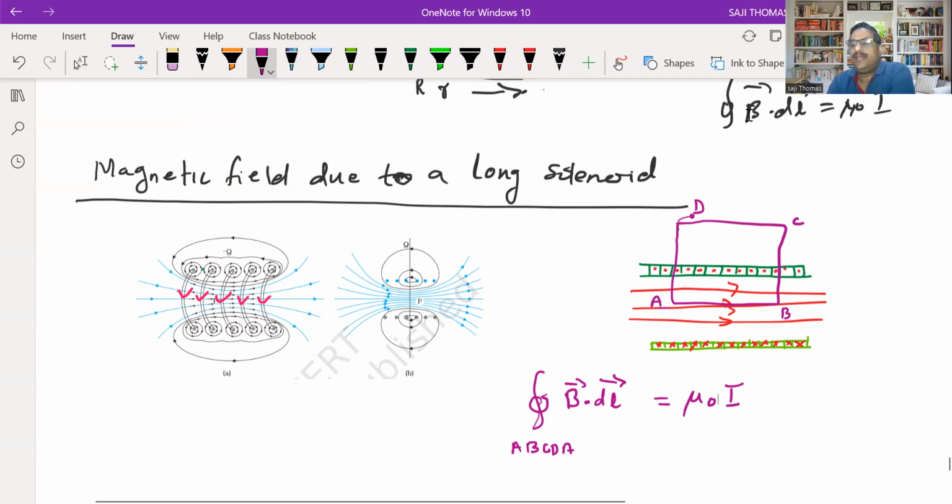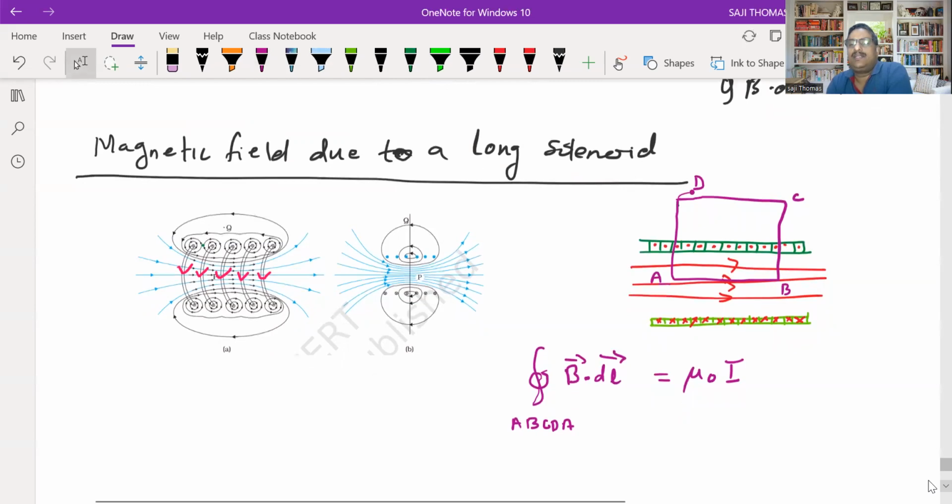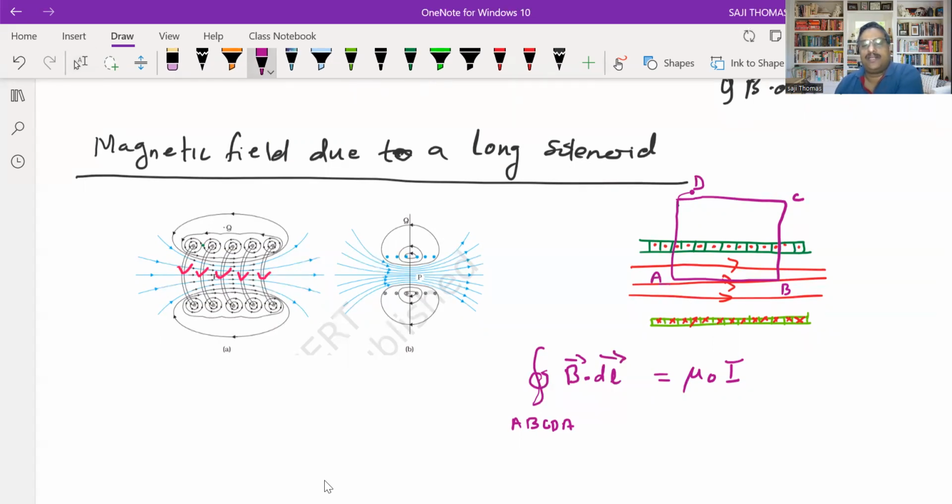Now you can split the integral into 4 parts. AB is a part, CD is another part of the loop, then DC and DA. So I split it into 4 parts. You integrate along A to B, B dot dl, plus